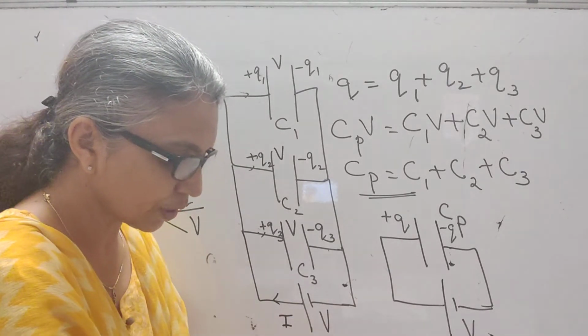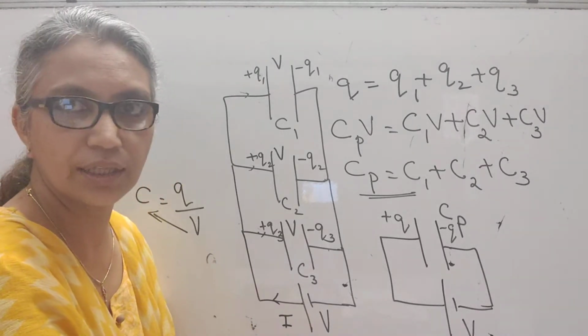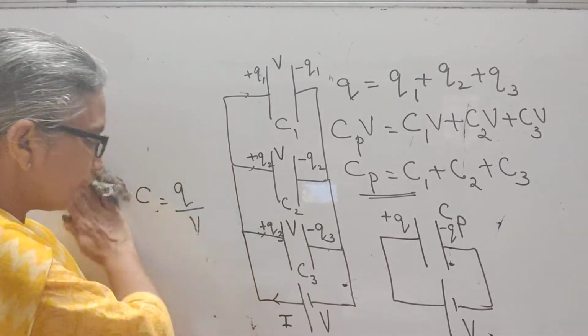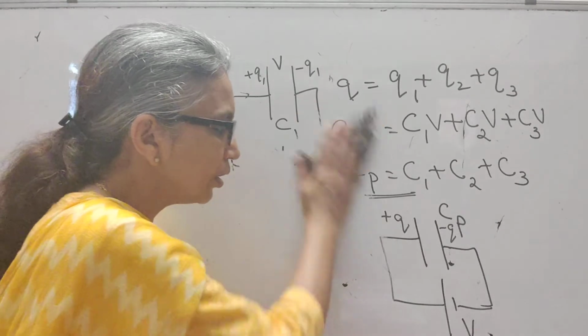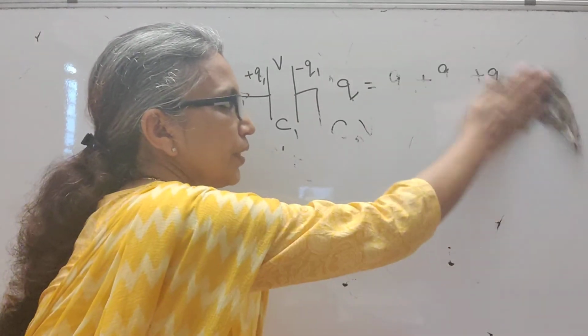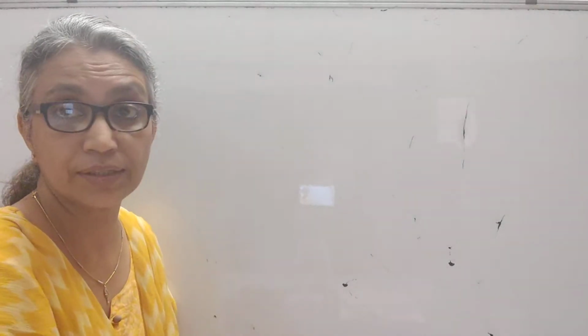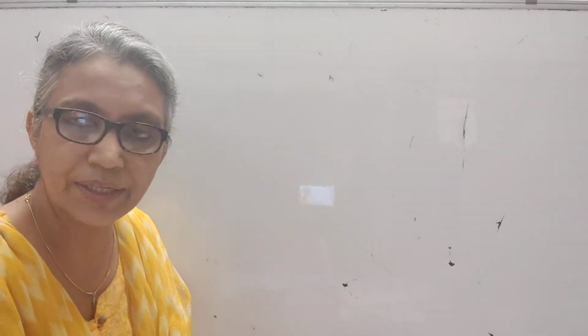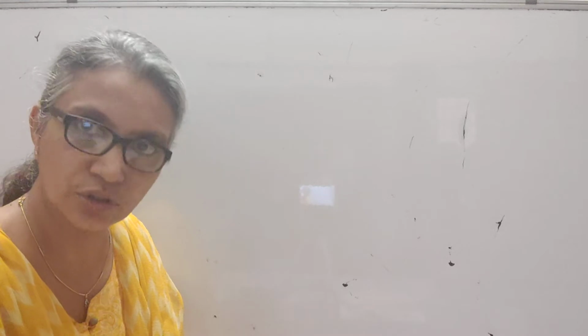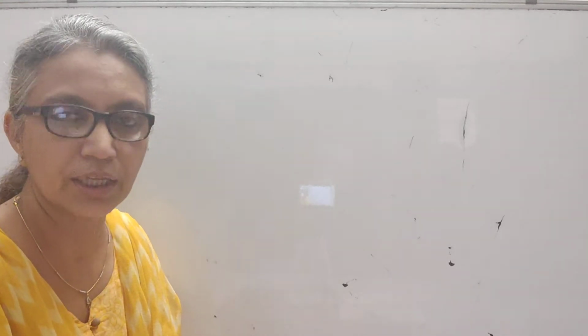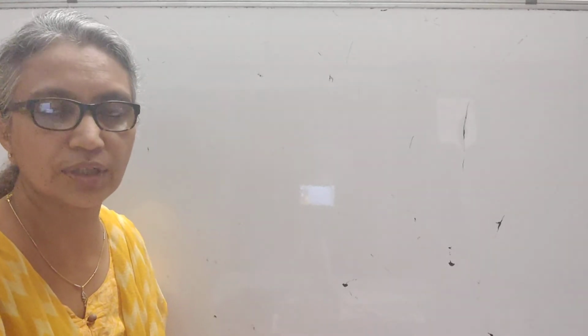Now after this, we go on to the last derivation in that topic, capacitors, where we are going to derive an expression for the energy stored in a capacitor. Even as I started the topic on capacitors, I had told you that a capacitor is a system of conductors that can store charge and therefore store energy. Let's see how a capacitor can store energy.